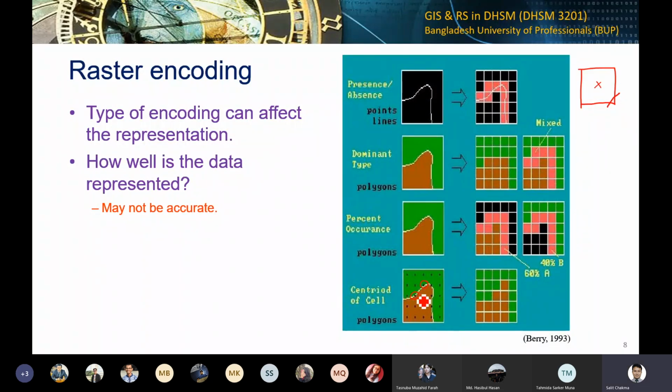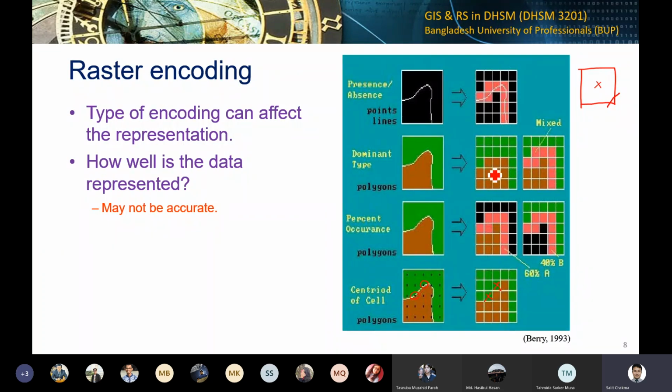So in these two pixels, you could see that the centroid of the pixel is located just outside the boundary of bare land, and that's why these two pixels, this one and this one, became vegetation. Although a large percentage of these pixels belongs to the bare land class, the centroid of the cell, not the pixel, is located in the vegetation cover. So that's why in the result, we can see that these pixels belong to the vegetation class